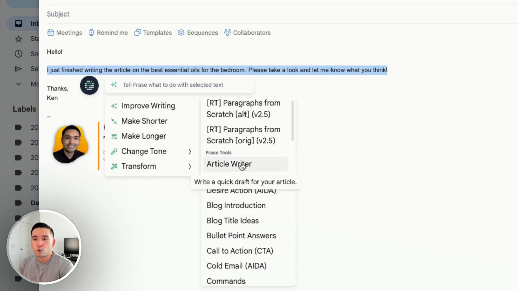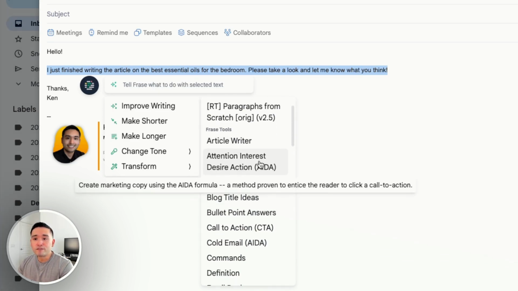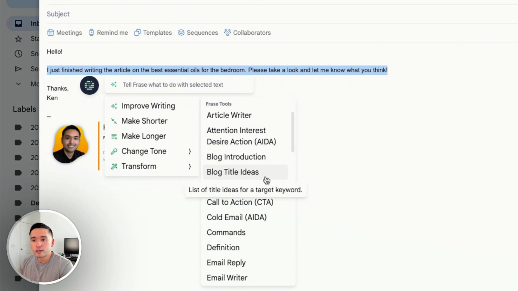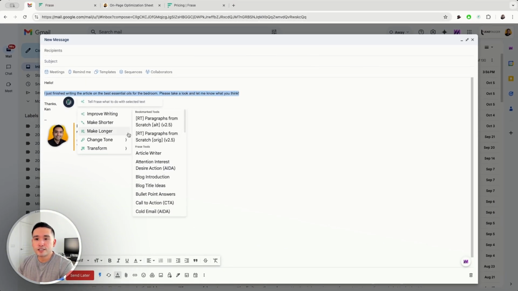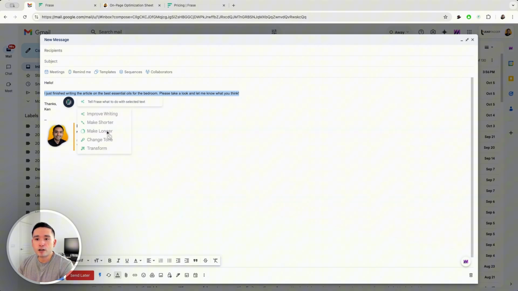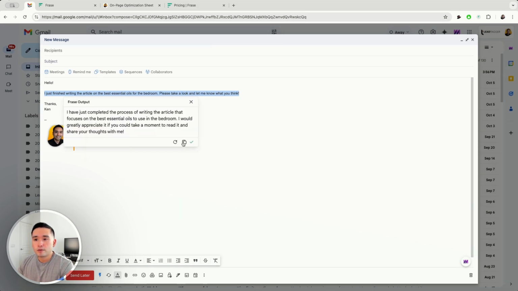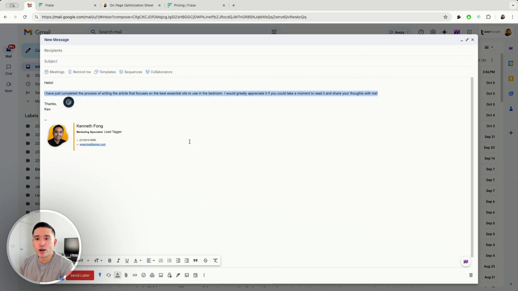So you can write a quick draft, rephrase it using the ADA framework, create blog title ideas, and so forth. So let's just say I want to make this email longer, so I'm going to click on Make Longer. We can regenerate it, copy it to our clipboard, or we can insert it directly to our email, and there we go. So this is a great tool that you can use on a variety of websites.